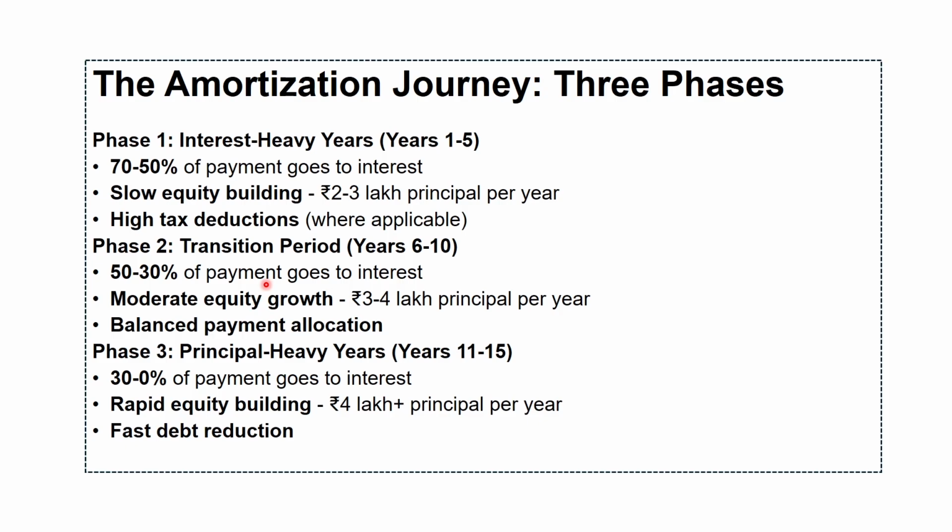Phase 3 is year 11 to 15, principal heavy, with 30 to 0% of payment going to interest, and 4 lakh plus to principal, rapidly reducing the debt. So, for our 60 lakh loan, equity accelerates in phase 3, aligning with Indian preference for